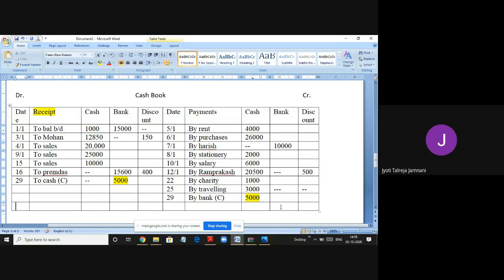So this is how the problem has to be solved. This problem was also easier, but only one adjustment of contra entry was shown. So we now again total it. So you need to see which side total is higher. Usually debit side total will be higher in a cash book because what you receive will be more than what you have paid. Otherwise you cannot pay that much, right? So it's 25, 35, 45, 46, 47, 48,850 will be the total. Okay, and here 35,600. And discount as it is, you will have to total and keep it. So it is 550.